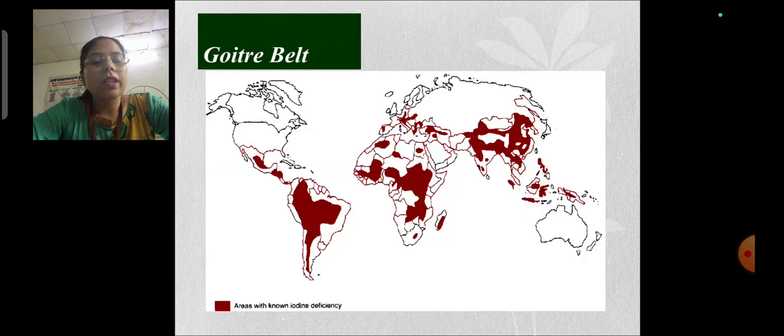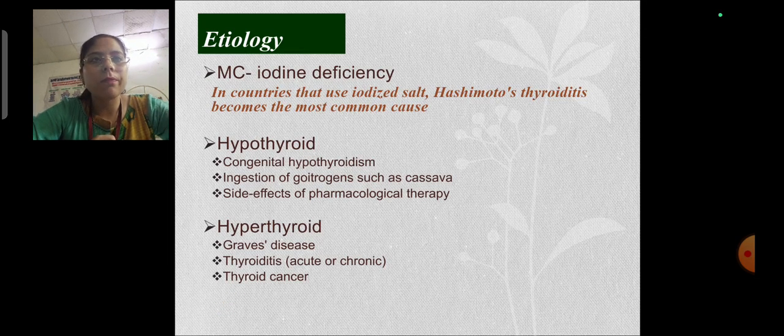In this picture you can see the areas which are marked in dark red shaded color. These are the regions where the soil is iodine deficient, and one can evolve goiter very easily. If we talk about etiology, the major cause is iodine deficiency,